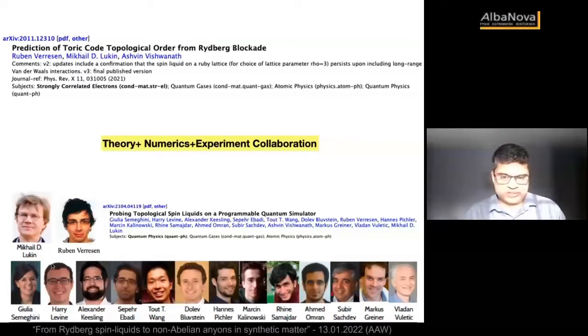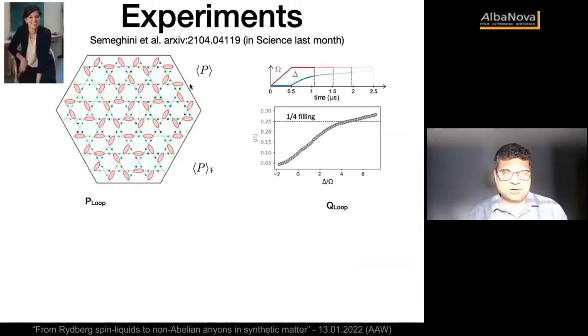So we worked with this amazing group of experimentalists headed by Misha Lukin. And just a few months after this proposal came out, they were able to implement this. I think it's a testament to how versatile this platform is as well. They show signs that this kind of physics is appearing in these systems. So I won't go into too many details of the experiment. You should really invite one of the experimentalists to talk about this. But roughly speaking, to give you a kind of appetizer for how the theory ended up connecting with the experiment,